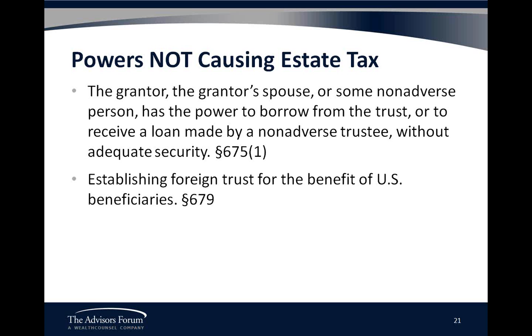I personally, and there's nothing that I've read that says you can't do it, stay away from the grantor retaining the right to borrow from the trust, because it smells like a retained power. But there's no problem with giving the grantor spouse the power to borrow from the trust without adequate security, because